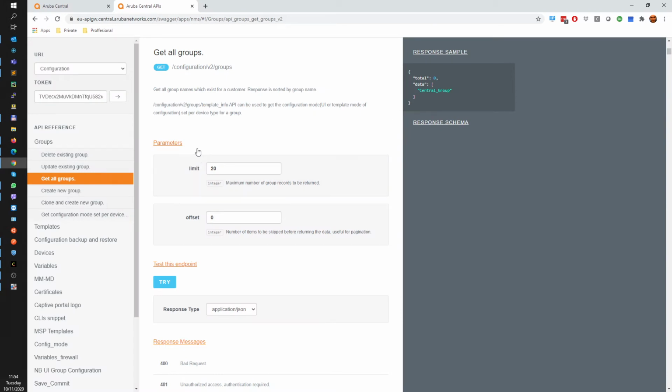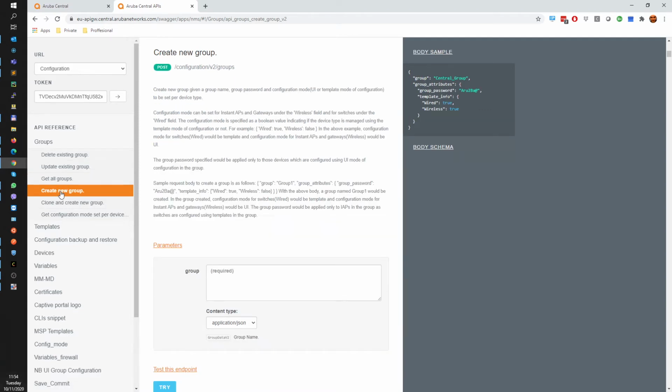Now in the same way, we can now create a group because we have a token here. And as you can see, we need to post to this endpoint. And here we have the schema that we need to send in our request.